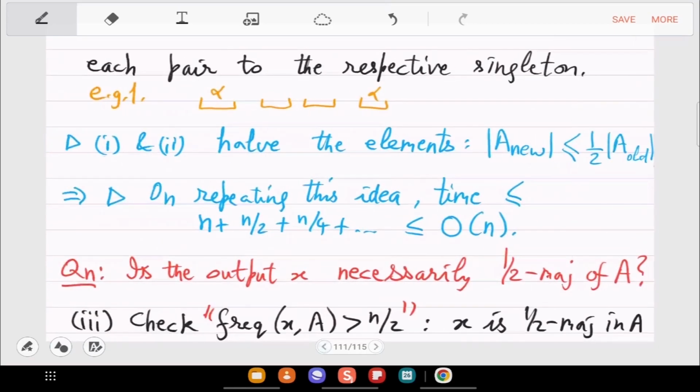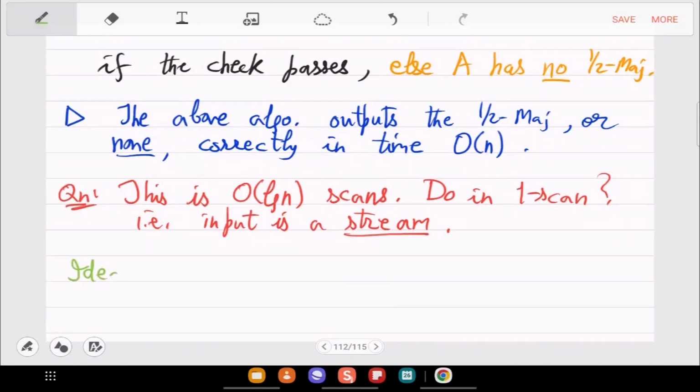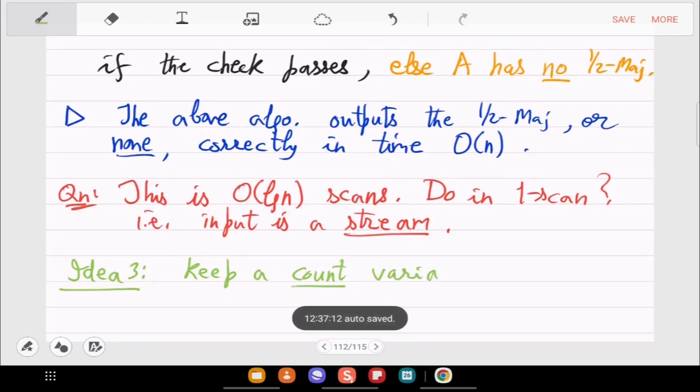So this will be idea 3. Keep a count variable, do one scan, update, and based on a condition, you will keep updating the count variable.